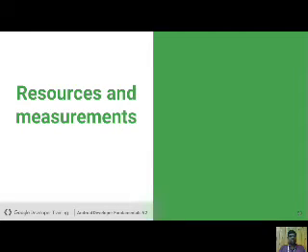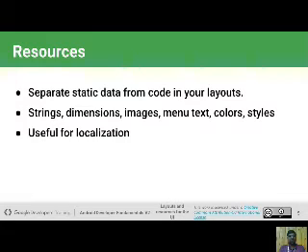Now next is resources and measurements. Resources separate static data from code in your layouts. Like images, vector files, any string files, colors, themes, separate themes. So that content is called resources.